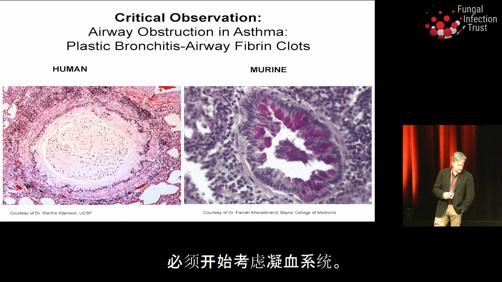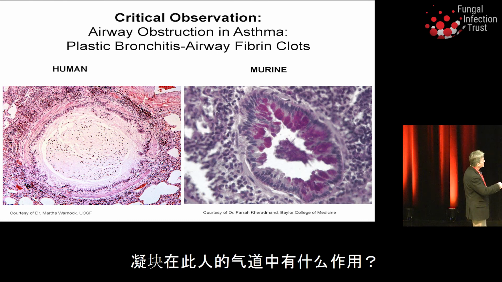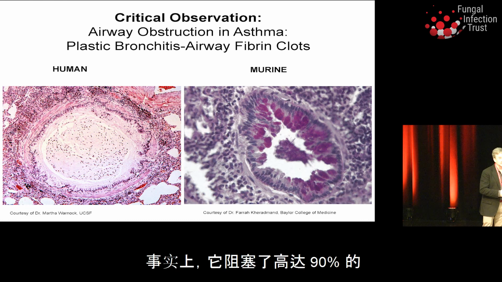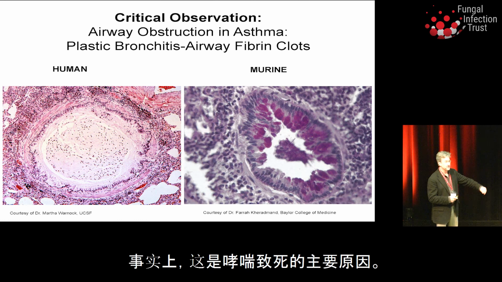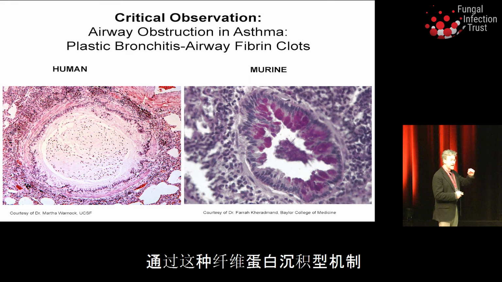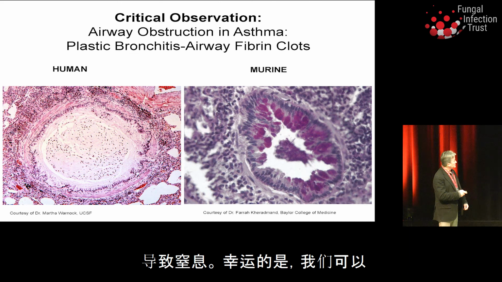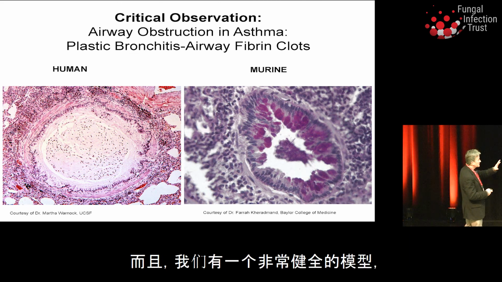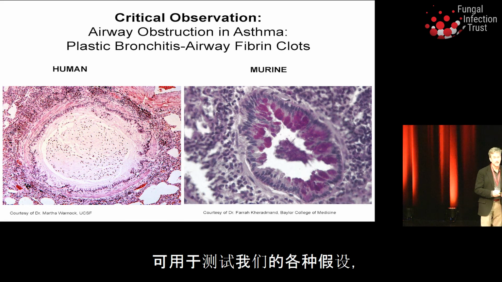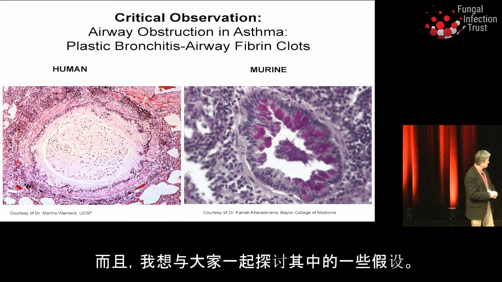So we now have to begin considering the clotting system. What is this clot doing in this patient's airway? In fact, it obstructed up to 90% of his airways and led to his death. And in fact, this is the main reason for death in asthma: asphyxiation due to this kind of airway fibrin deposition mechanism. Well, we can mimic this exact kind of thing in mice, fortunately, and so we have a very robust model